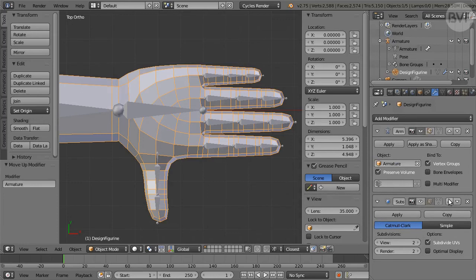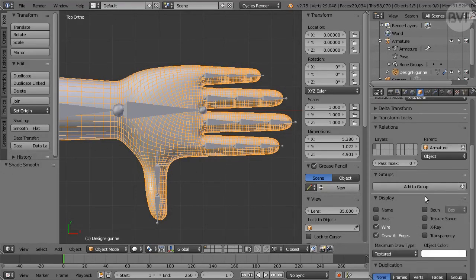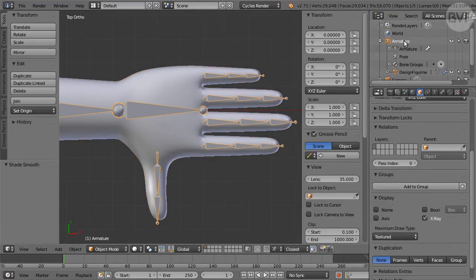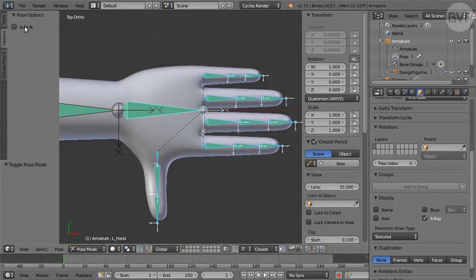Enable the Subsurf modifier by clicking its eye icon. In Tool Shelf, click the Smooth button, and in Object Properties, turn off Wire Display. Select the armature, switch to Pose mode, and in Tool Shelf Options pane, click Auto IK. Now select the hand bone